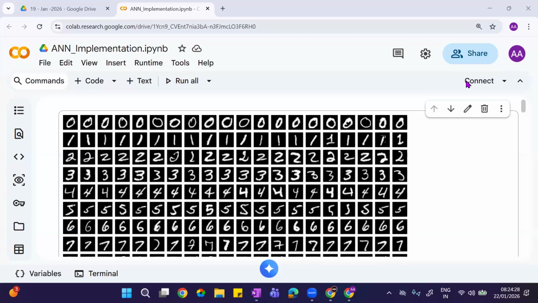NumPy and pandas will take, Sumit, NumPy about 4 days, pandas maybe 1 week to 10 days. Do we need to refer to some books? There are a lot of books, Aman. It depends, if you want, you can refer to some books, or you can go with online tutorials. But as of now, I will provide you all the information, and that should be enough for you.